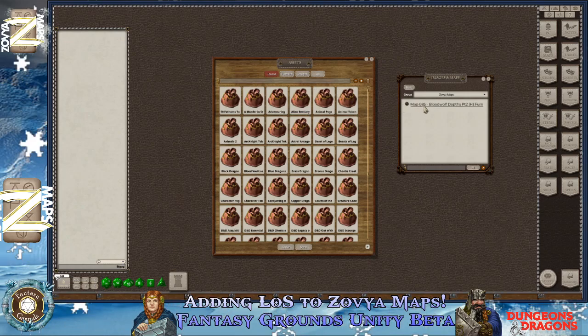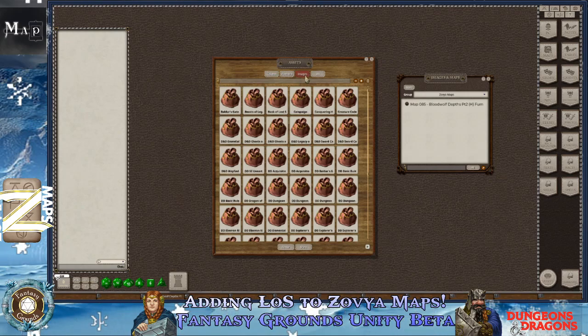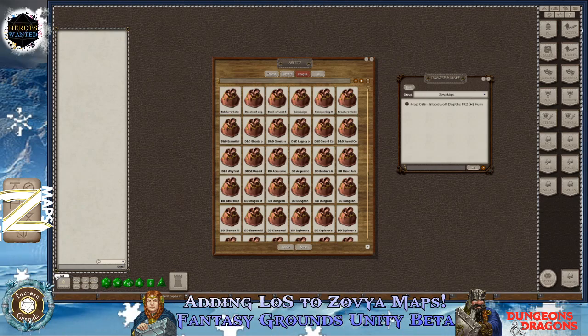So what I've done is create a new group here, and then I went up on the top where the assets title is. I clicked on images, and as you can see, I have a campaign folder. Well, that folder will not exist until you open up folder on the bottom. And I don't know if you'll be able to see this or not, but I'm going to put another map into this group